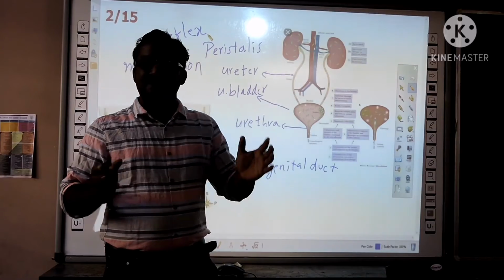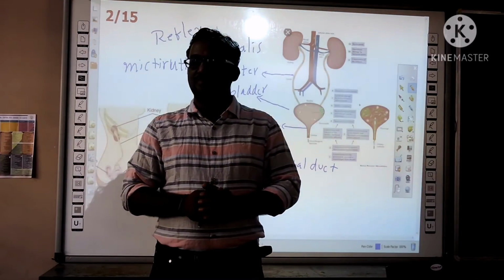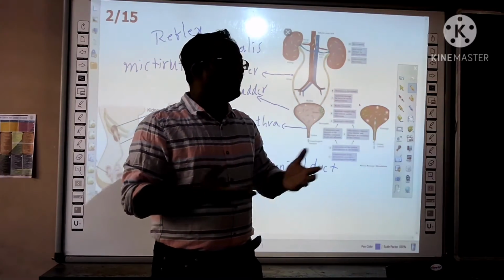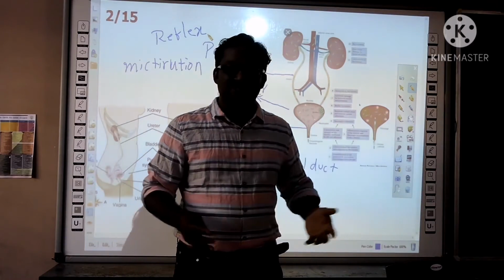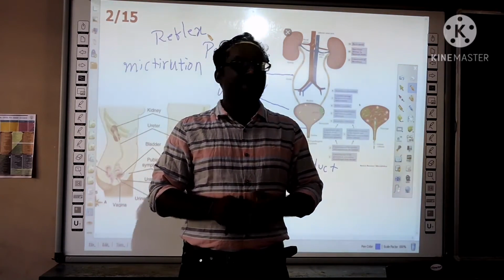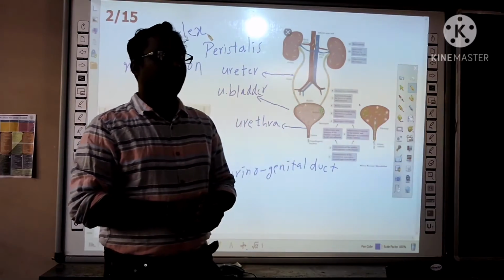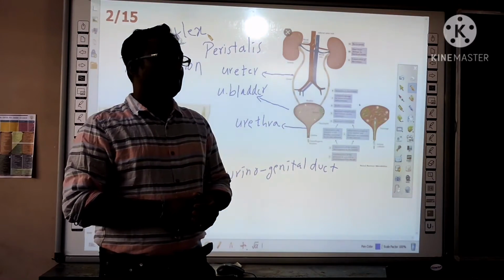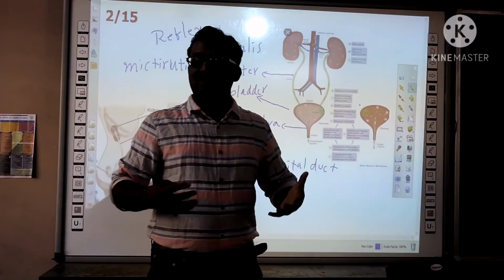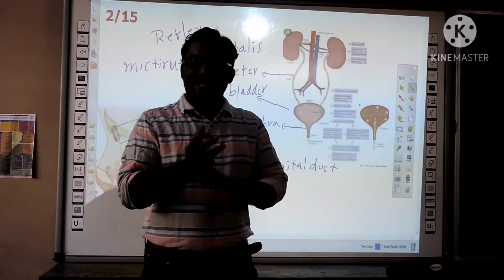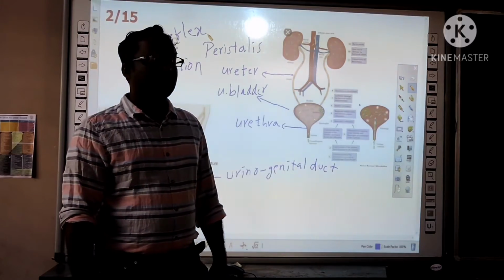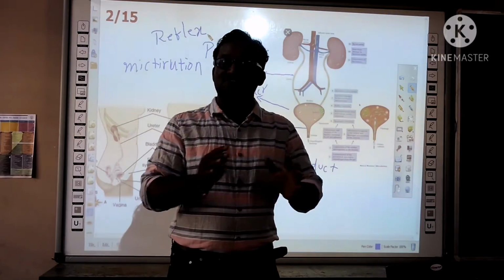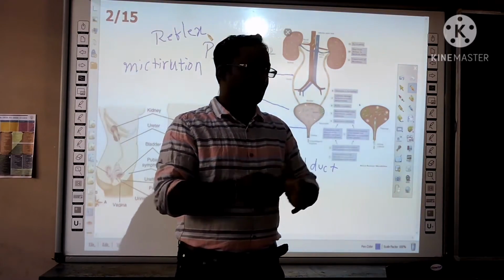So, what is the remedy? If the kidneys do not function, what will happen? Our blood will fill up with excess water, right? And excess nitrogenous waste. If the body fills up with excess water, there is swelling in the hands and legs. You might have observed that in kidney patients, the legs and hands swell because of excess water.